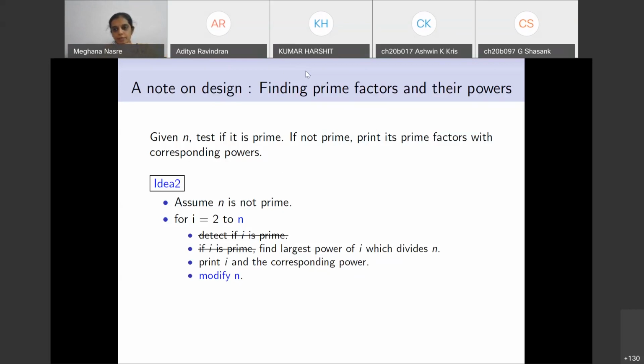Are there any questions about this idea, or the way we are doing this? In fact, as I said, you can delete this line that assumes n is not a prime, because we are going all the way from 2 to n.